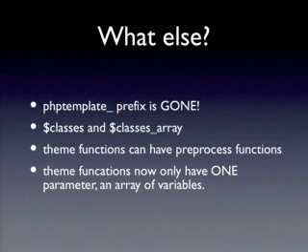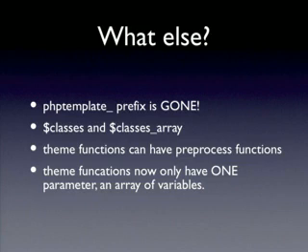Classes and classes array variables. One of the things that a lot of themes, and Zen in particular, likes doing is giving you the ability to add extra classes to whatever you want, right? D6 had this body classes variable, which was a string that you could add stuff onto the end of. And it was kind of a pain if you wanted to remove something from that string, because then you had to learn regex or some funky PHP function that does string searching and replacing, and it wasn't fun. So what we've done,